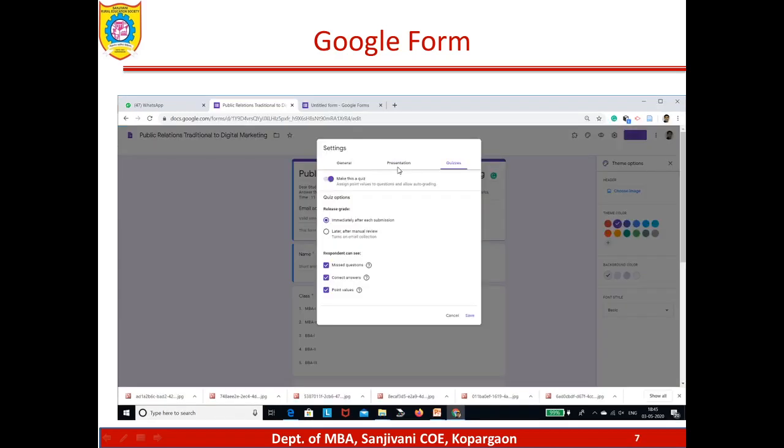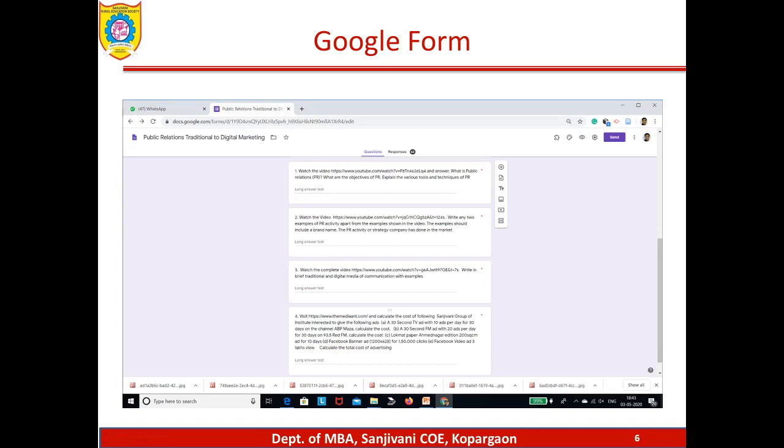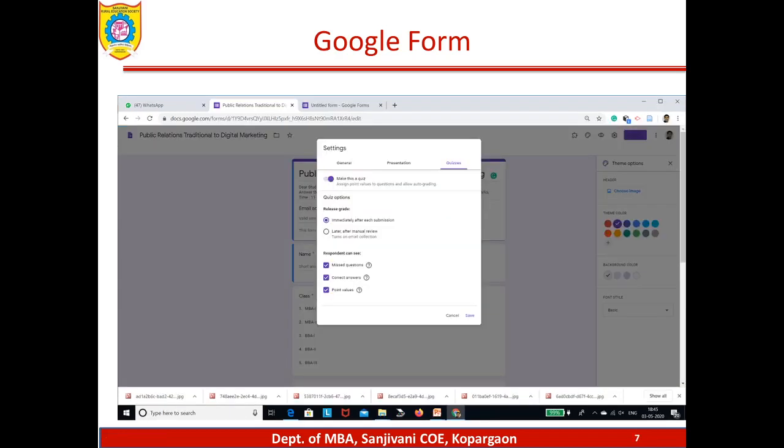With the responses, you can go to the spreadsheet and download the responses as an Excel sheet. You can even upload the same Excel sheet into the SPSS software for data analysis if you have used this Google Form for the purposes of research. Generally many people do not know about these tools.